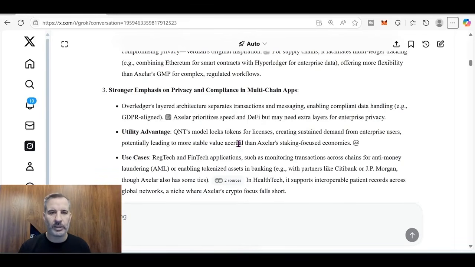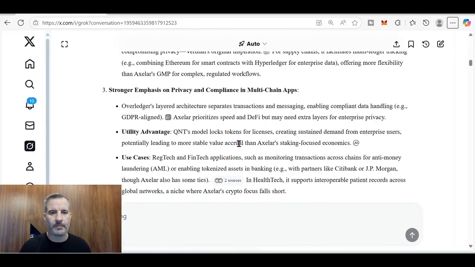And some of these corporations have to pay millions and millions of dollars in licensing fees to use Quant Overledger. And when they pay for that license, Quant will convert the fee into QNT tokens, and it will lock it up for a year. It will lock up those tokens for the duration of the annual license,